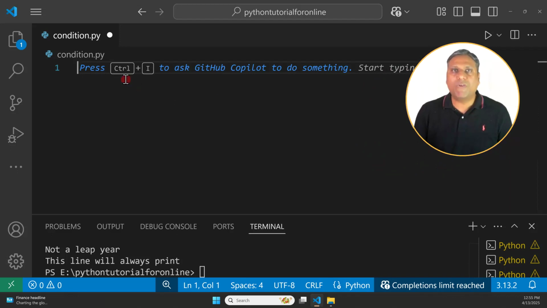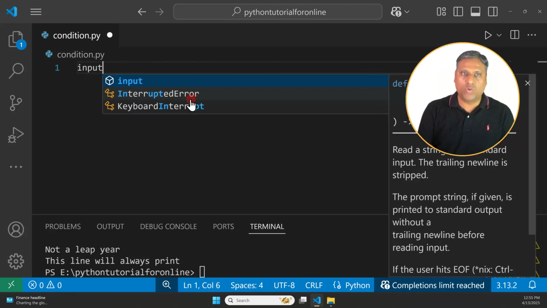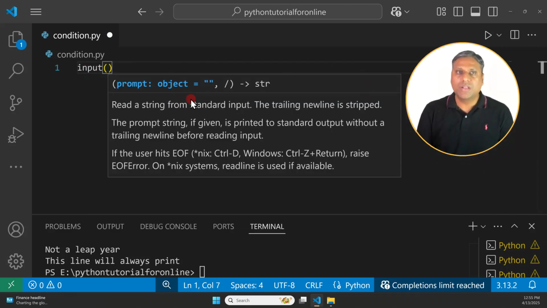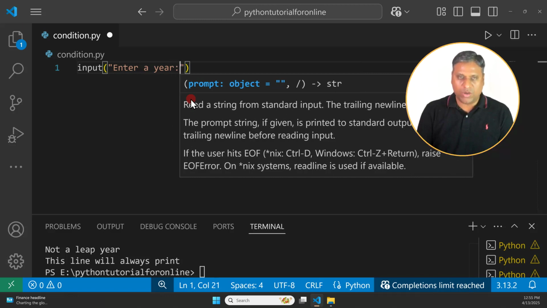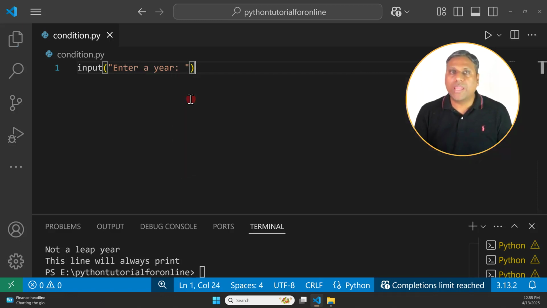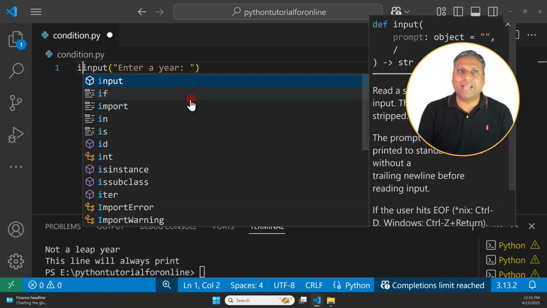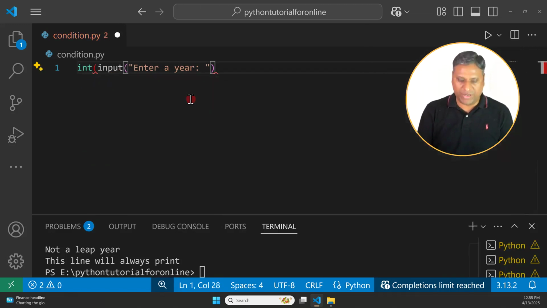In this video, I'm going to talk about one conditional statement which is known as the if statement. So let's see how it works. We have a new file here, condition.py. Now let's write a very simple line to take input from the user. I will write the input function. Because I want to take the value of a year, I am writing "Enter a year: ". Because it's a year, it should be an integer, so I'm going to convert that into an integer.